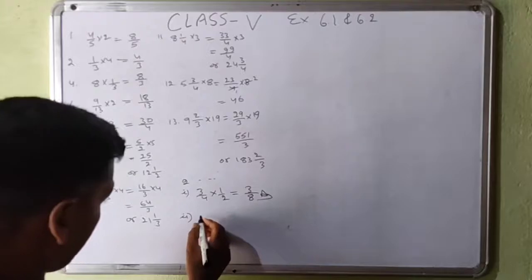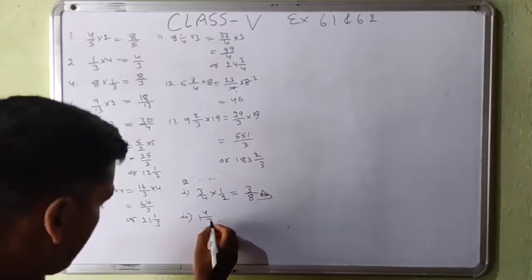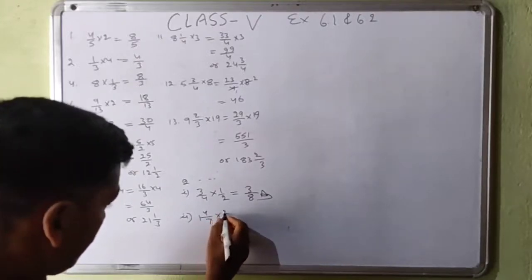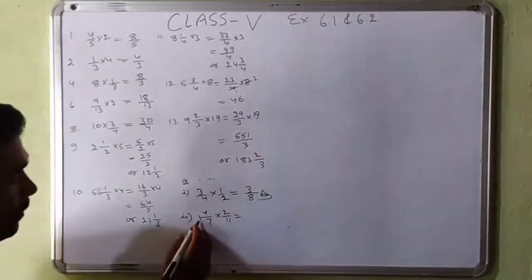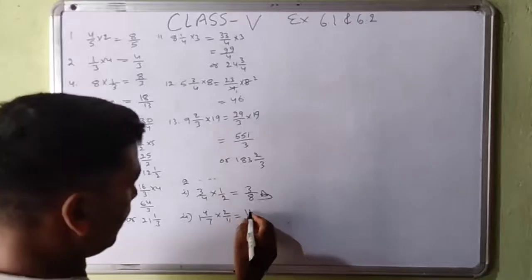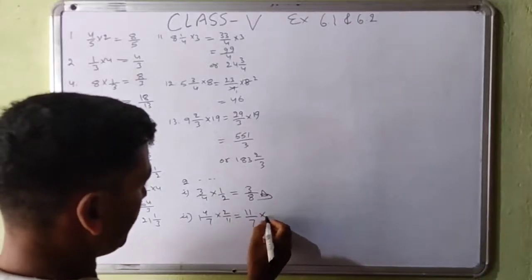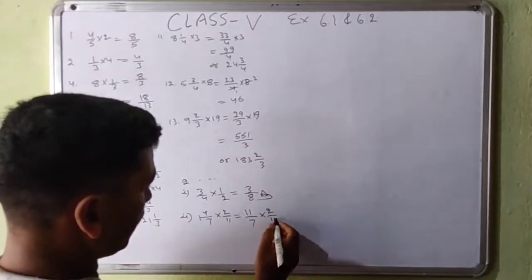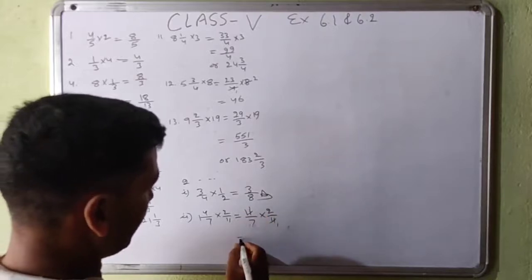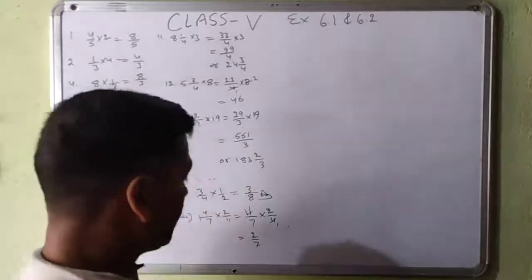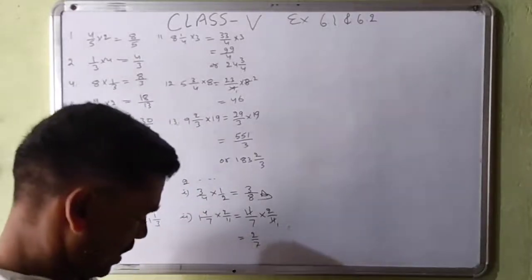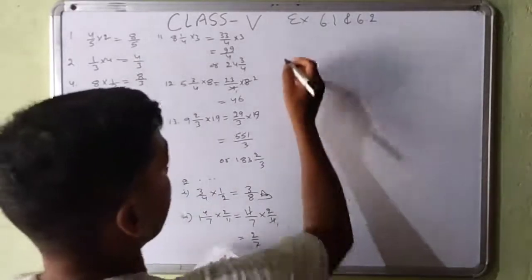they are given in mixed fraction also, 1 whole 4 upon 7 multiplied by 2 upon 11 is equal to 7 1s are 7, 4, 11 upon 7 multiplied by 2 upon 11. So 11 1s are 11, 1s. So left is 2 upon 7. If possible, then you will reduce that.